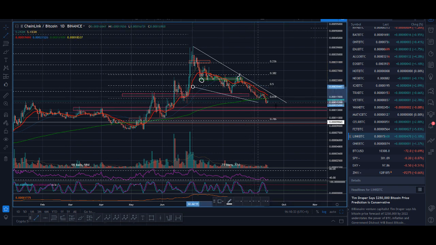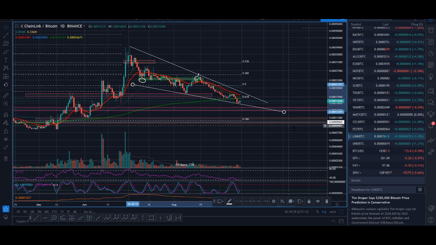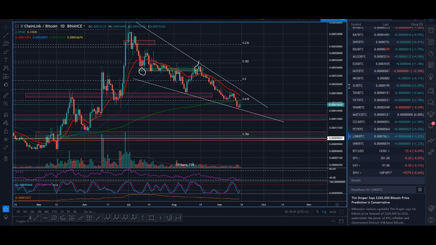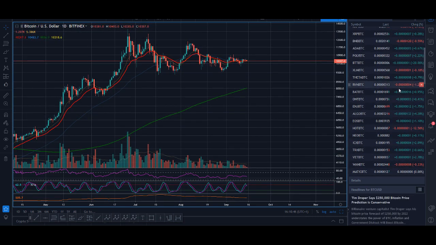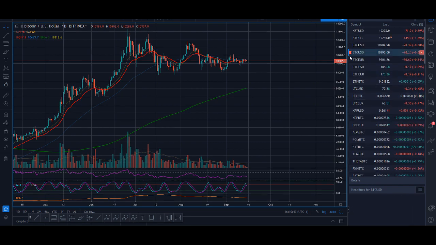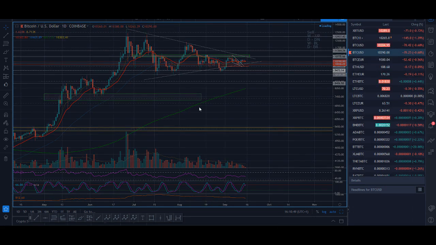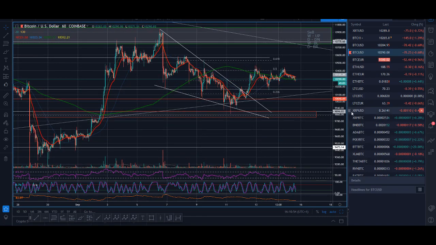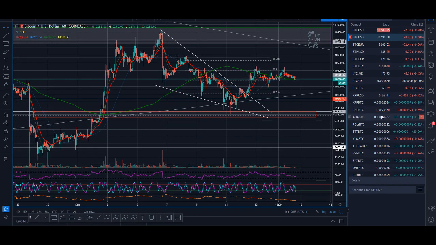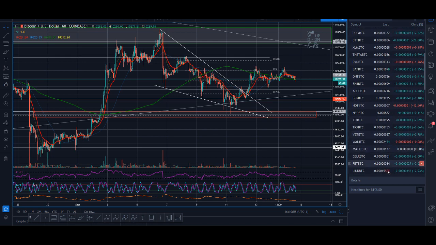Just potentially a falling wedge here as well. In cryptocurrency, I don't trade them in forex, but these falling wedges work quite well. There's a trade in Bitcoin that was kind of profitable. Let's have a look at the Bitcoin one. That was on a shorter time frame. This falling wedge broke out and had a nice rally. Falling wedges work quite well, so I'll be keeping an eye out for this.